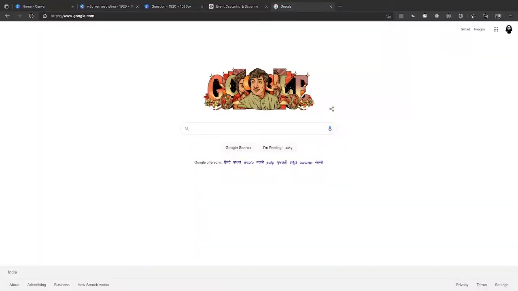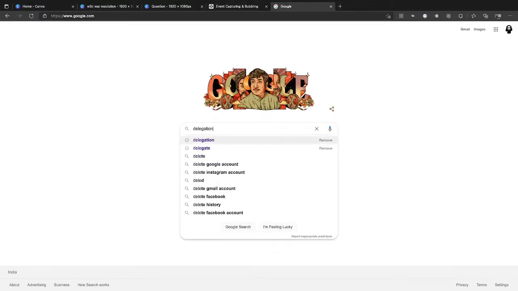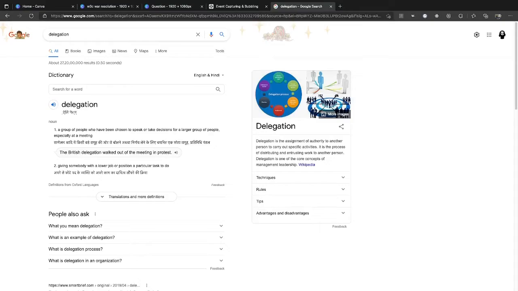Understood? Okay, so let's try to understand what event delegation is. But before that, first try to understand what delegation means. If you search Google for the word delegation, it says a group of people who have been selected to speak or take decisions for a larger group of people, especially at a meeting. The second definition is giving somebody with a lower job or position a particular task to do.